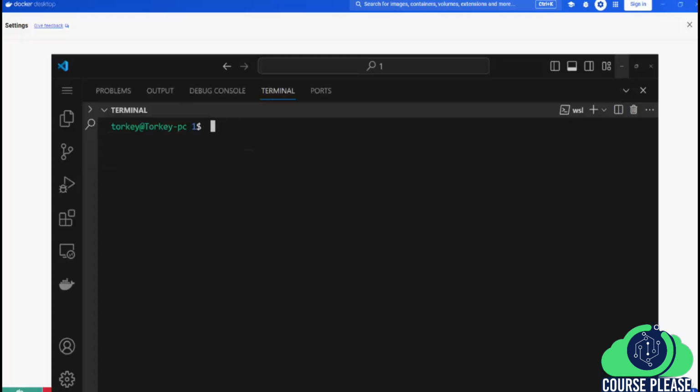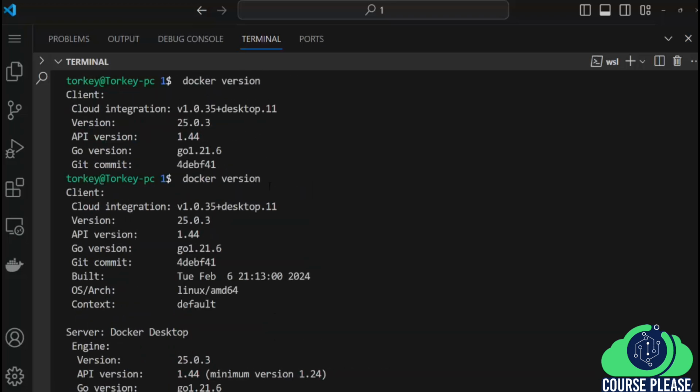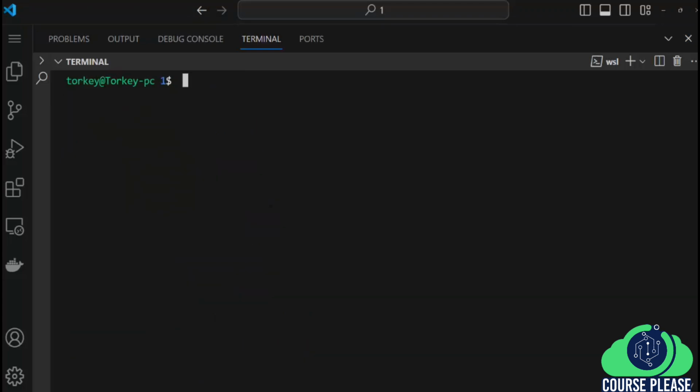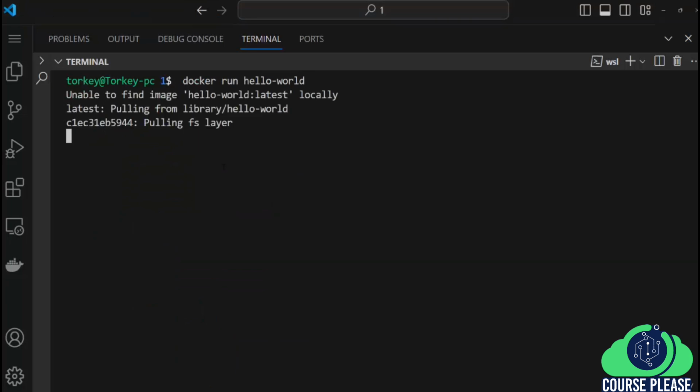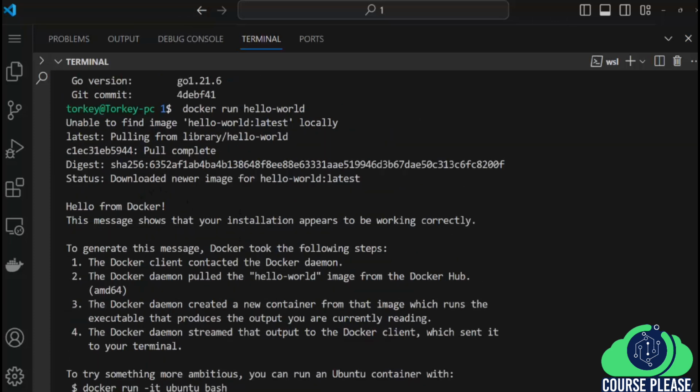So let's verify that. I will open my WSL terminal, and from here I will type docker version, and as you can see, the version installed is 25.03. To verify the installation, execute docker run hello-world and press enter. And as you can see from the output, we have a message, hello from Docker, and some instructions from the